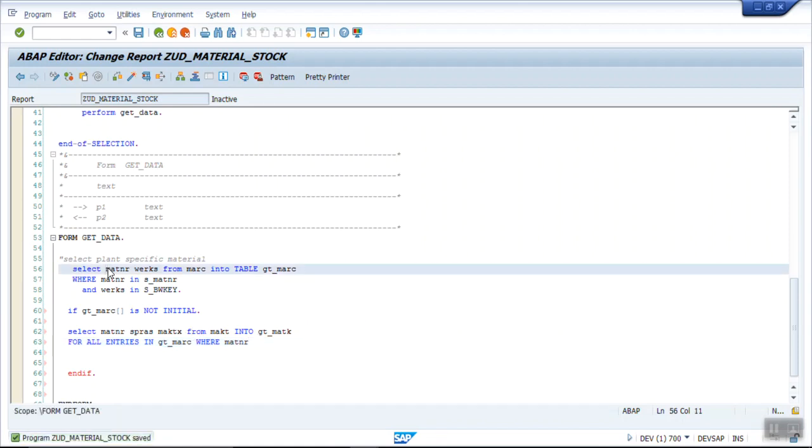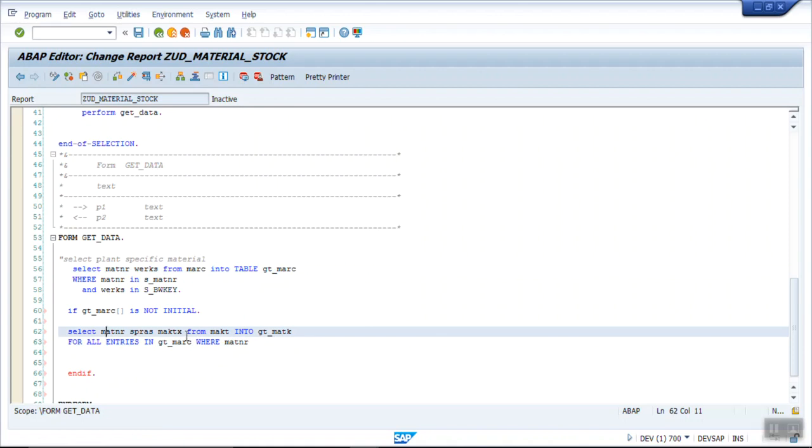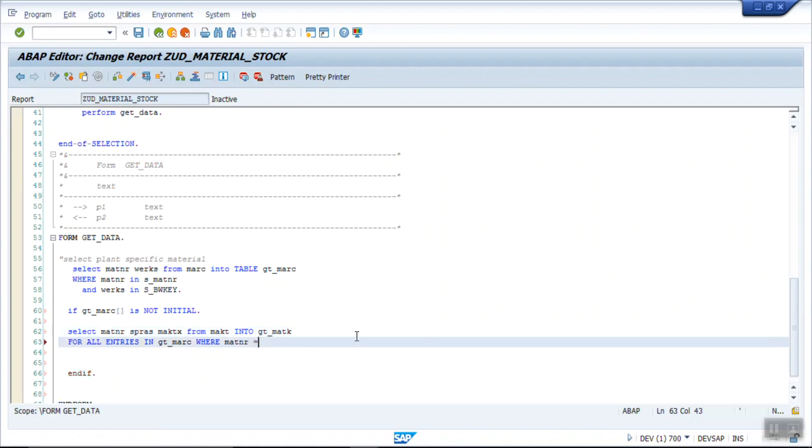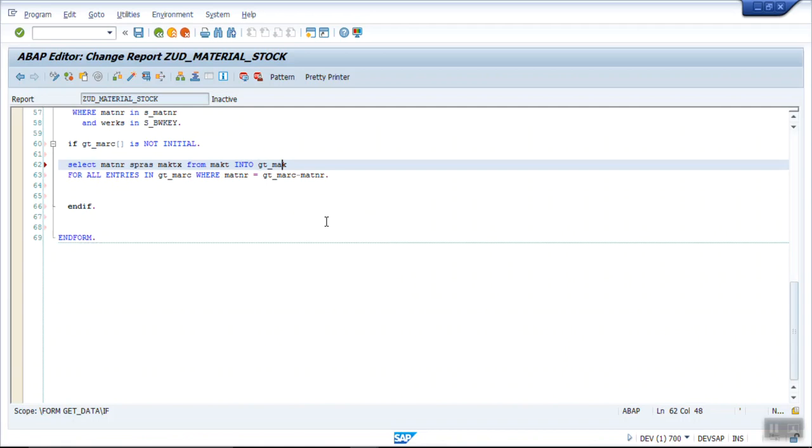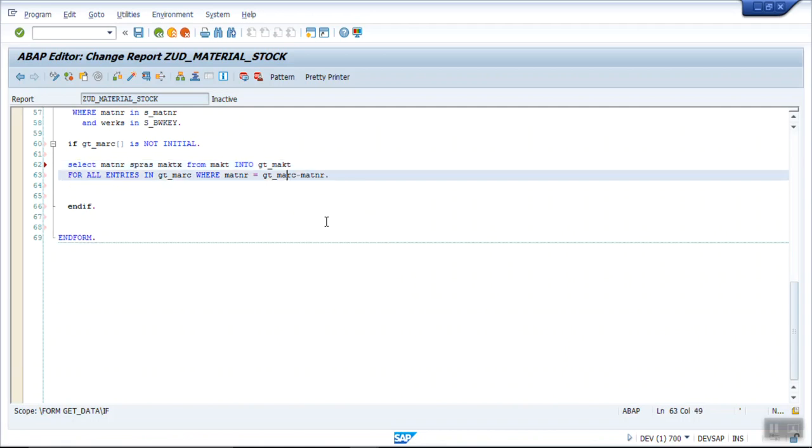MATNR is common in MARC as well as in MAKT, where MATNR equals GT_MARC MATNR. Save and check. GT again MAKT. Okay, save, check.